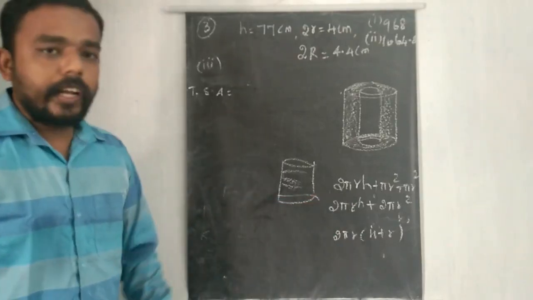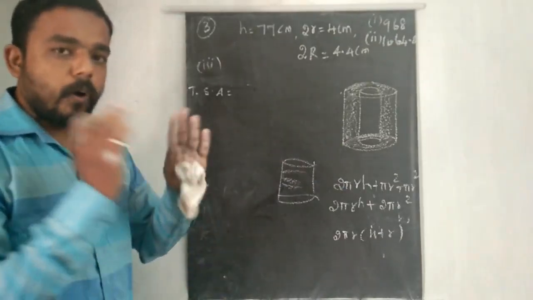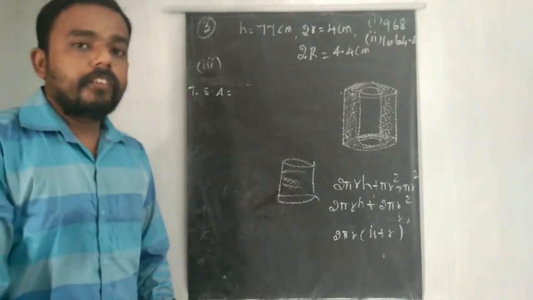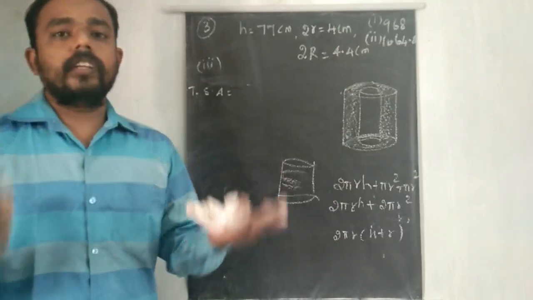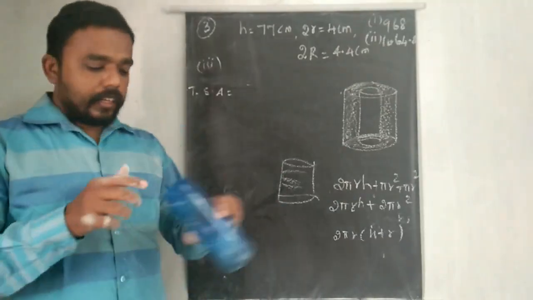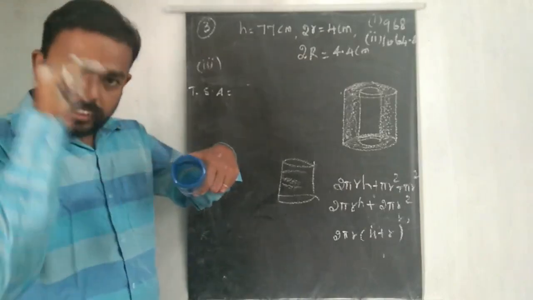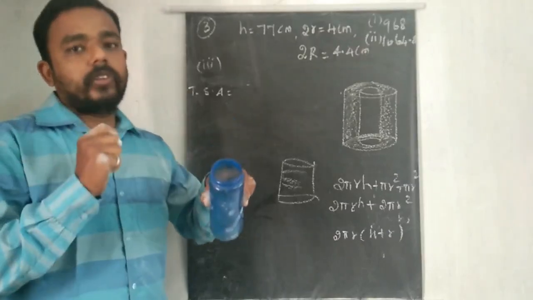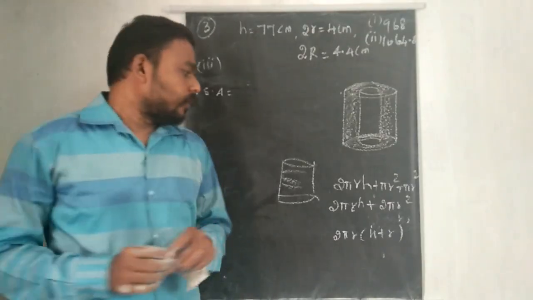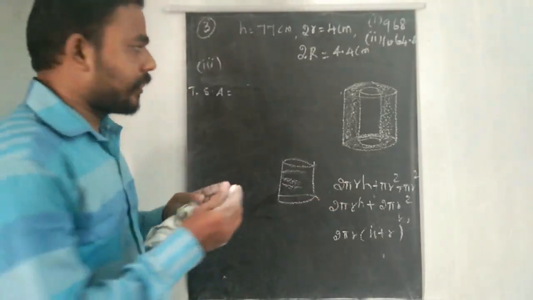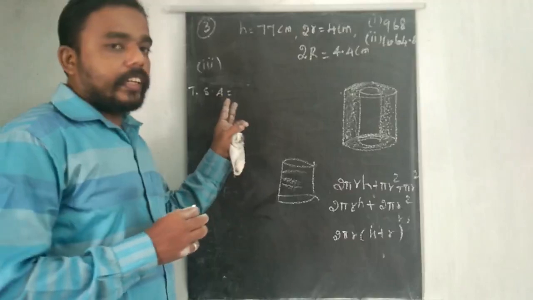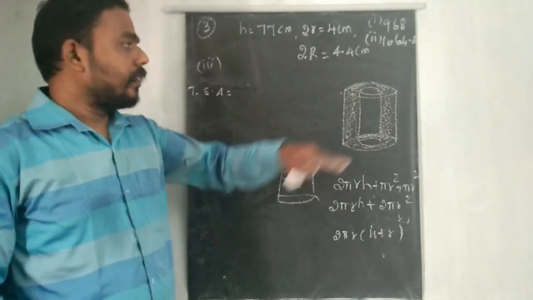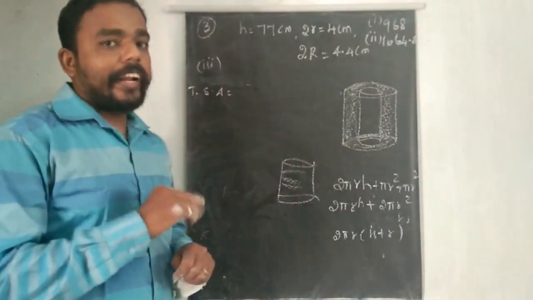This idea only I am going to use. 2 pi r h is only the outer side. Here we have an inner hollow cylindrical form, so hollow cylindrical form means inner curved surface area plus outer curved surface area. That is the visible area. This is also included in the total surface area, the outer is also included, and this edge is also included. So these three things we need to add: inner curved surface area plus outer curved surface area and top and bottom. I am going to write this three-thing addition.